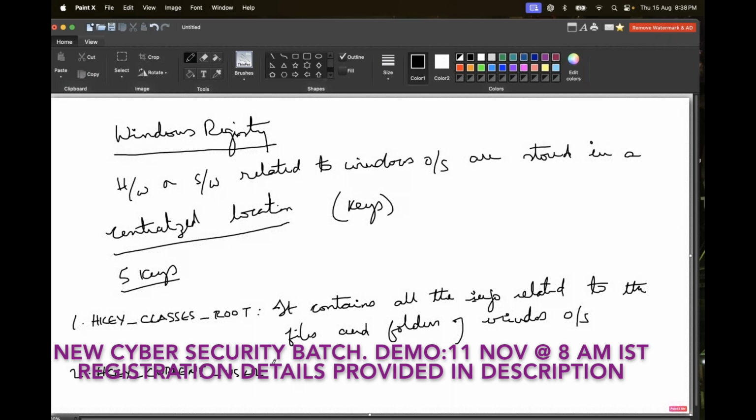Okay, current user. So this particular key has been divided into 5 keys, right? The entire Windows registry is divided into 5 keys. The first key will be taking care of all the information related to the operating system, whatever the files, folders, all these particular things. The HKEY_CURRENT_USER key will be having the same files and folders information only,